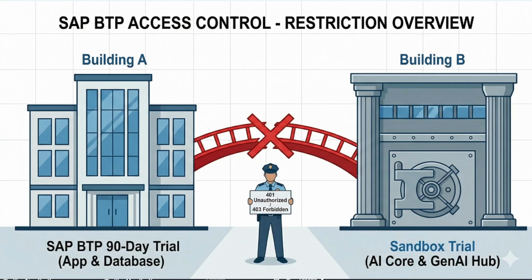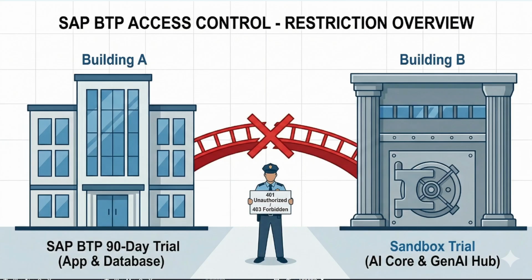SAP has this military-grade security: it absolutely will not let an app in one global account securely talk to a resource in a different global account without complex trust configurations. Even if you manually copy-paste the passwords from building B into building A to force it to work, it won't work, because there is this authentication called XSUAA, which stands for Extended Services User Account and Authentication. It checks the cryptographic signatures and trust configuration. If it doesn't match, and it isn't in the same global account, it will give us a 401